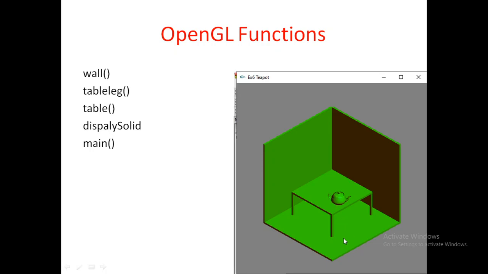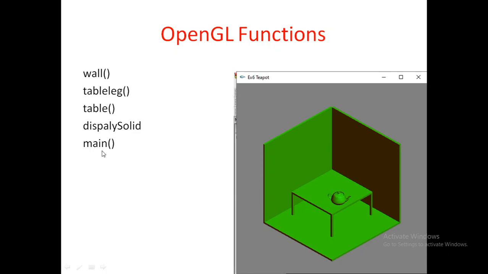Three walls are there, and there is a table here. So in the table we have one table top and legs. Four legs are there and one teapot image we have. So we are supposed to generate this simple shaded scene. By adjusting the various parameters, you can apply shadow here. Here black color, gray color, green color, many colors and shadows are there.